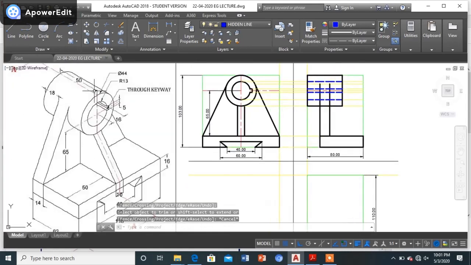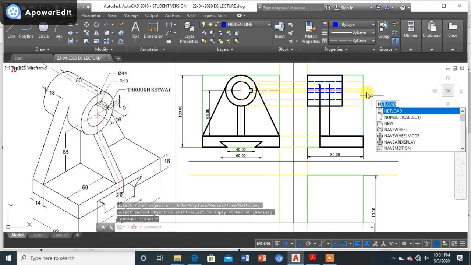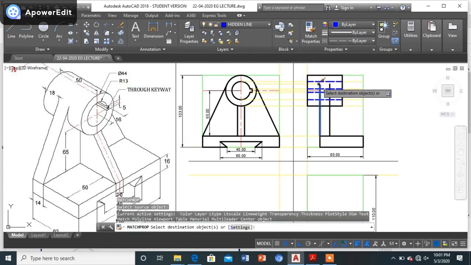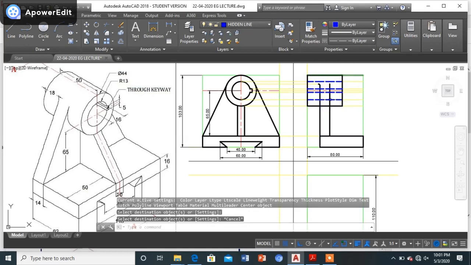Now moving ahead, whatever is left out in the front view is nothing but a fillet that we are going to show, that it is getting completed as a fillet over here. That is why, what do? I can just draw this, select this, I can just select this. So I got a beautiful fillet over there. So I can simply just match it with the help of the outline. Okay. The same way the fillet will be coming on the other side.